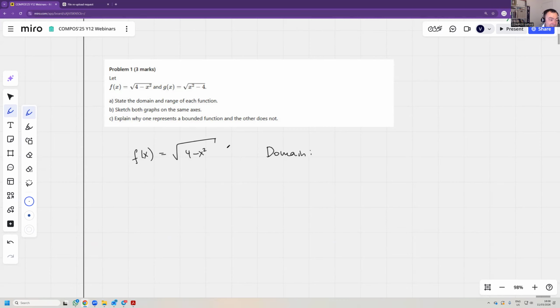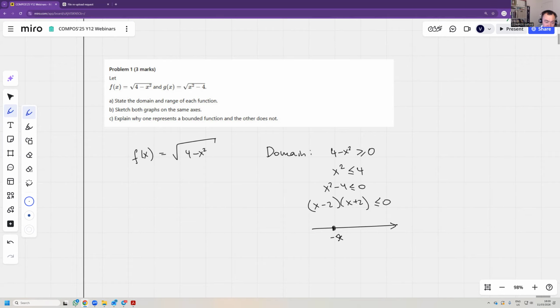So here the limitation is that 4 minus x squared must be greater than or equal to 0, because you can't take the square root of a negative number, and that means that x squared must be less than or equal to 4, or rather x squared minus 4 is less than or equal to 0, x minus 2, x plus 2 must be less than or equal to 0, and therefore you write